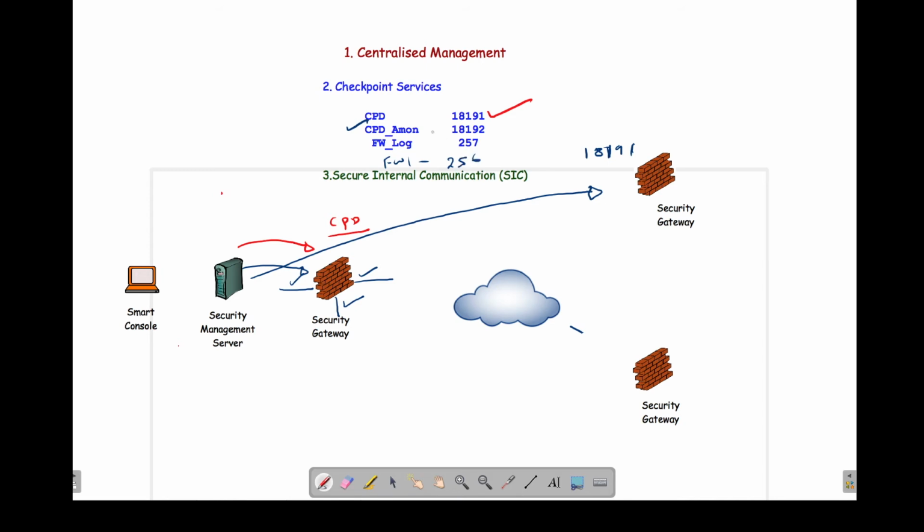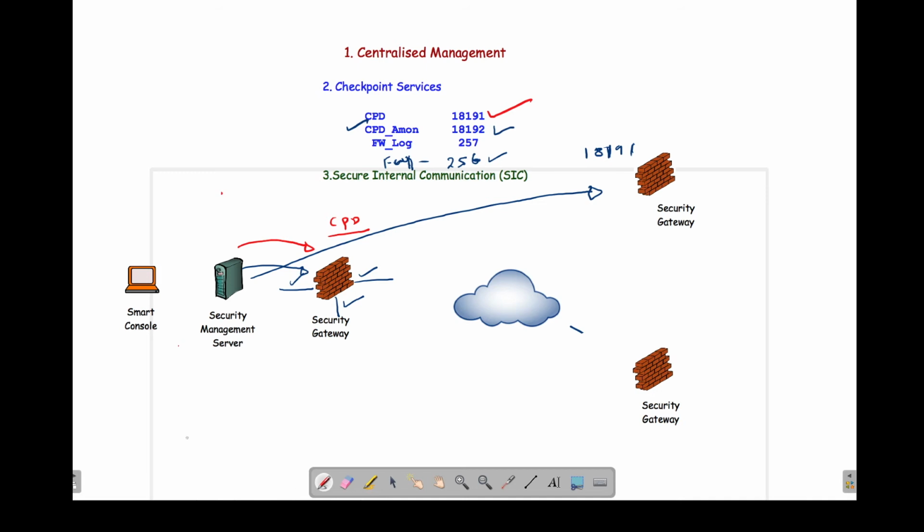To learn about the NIC cards, it accesses the firewall 1 service, and to get the topology of the firewall, it also opens a connection to the CPD AMON service.